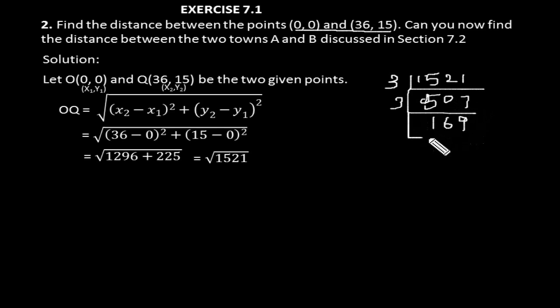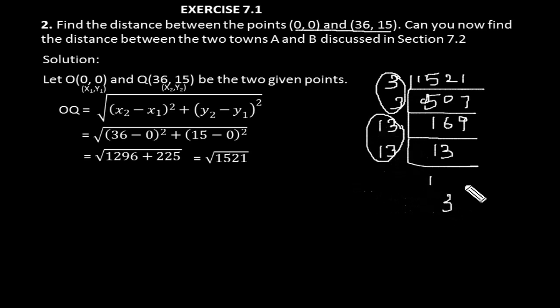We know that the square of 13 is 169. So this becomes 13 into 13. Again when we divide it, it becomes 13 times. Now we need to find the square root of 1521. We have 2 3's. In that we will write 1 three, and we have 2 13's, so when we take the square root, it becomes 1 thirteen outside. So it becomes 13 into 3, that is 39. So we get the square root of 1521 as 39 units. We don't know the units yet, so we are going to write units.